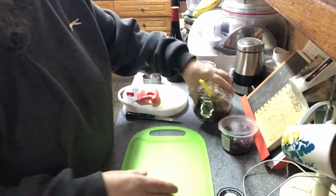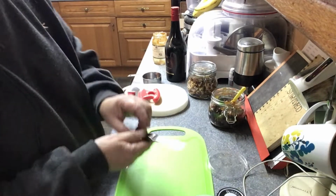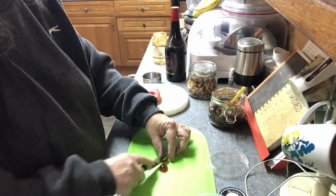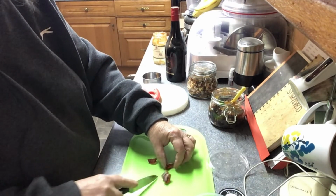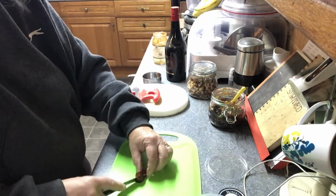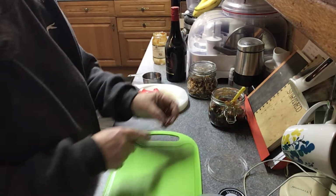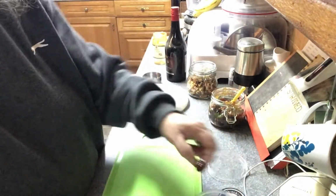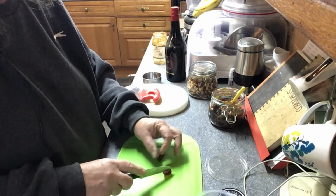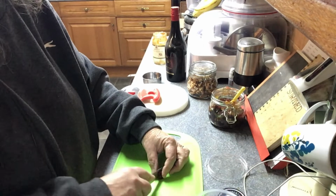So to that I'm going to add some chopped glacé cherries. I do like glacé cherries, and I'm going to chop them into quarters. They're a bit of a luxury because it's not something we have all the time. I did attempt one year to make my own glacé cherries, and it was such a faff. I thought, you know what, I'm just going to buy them. Self-sufficiency isn't about making things difficult for yourself, and some things we do, some things we don't. So I'm not adding the whole tub,